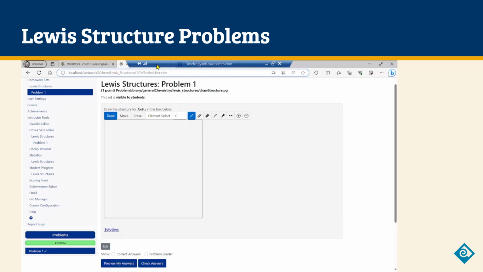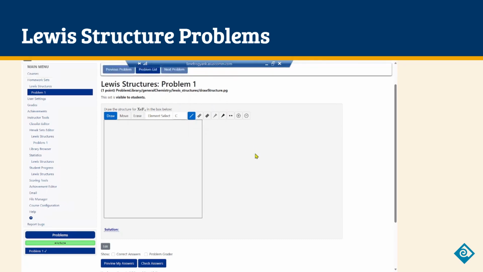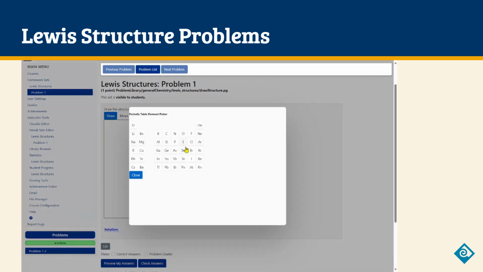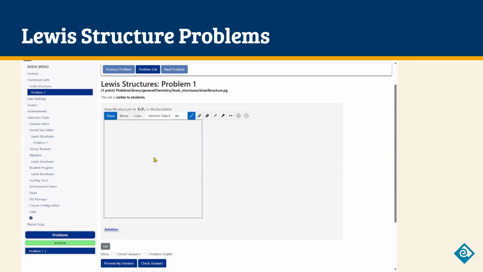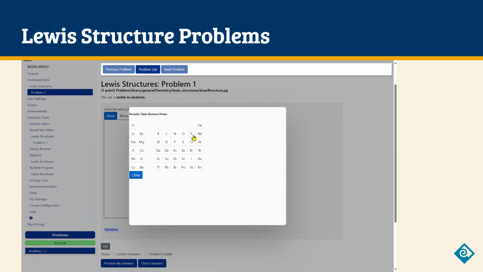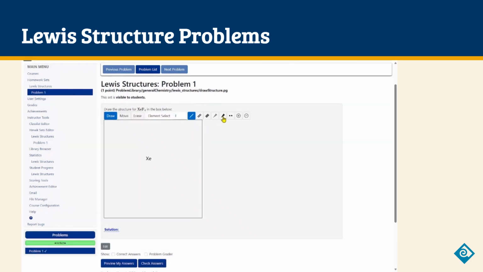So we're developing new problems, and here is an example of one of the problems we're working on at PCC. So the options are fairly limitless. We are currently working on things like drawing actual Lewis structures into WeBWorK using JavaScript applets. So here's an example of selecting xenon. We need to add xenon in the middle. We're going to select fluorine. We are going to draw fluorine with